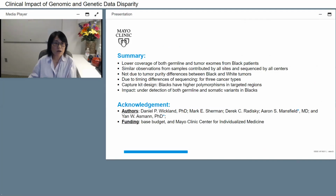So the summary for part 2. First, we observed lower coverage of both germline and tumor exomes from Black patients in one of the most widely used cancer genomic databases, TCGA. Second, we made similar observations from samples contributed by different tissue contributing sites or sequencing centers. This is not due to tumor purity differences between Black and white tumors,